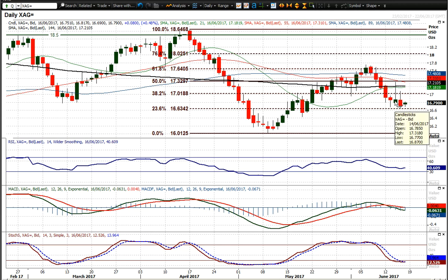And the rally on Wednesday in the wake of this and the inflation data, which put the dollar under pressure, pretty much hit that 50% fib level and turned away. The sell-off has found support at the 23.6% fib level, but also intraday yesterday pretty much turned lower at the 38.2% level. So these fib levels are still seen as turning points on this silver price, and that needs to be considered. So if you get a close below that 23.6% fib level, arguably that reopens the lows at 16. Big figure area again, so 1643 initially supportive,